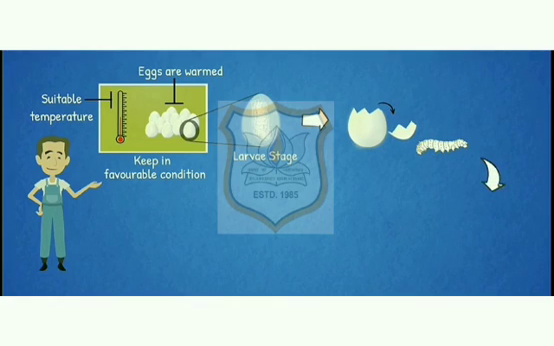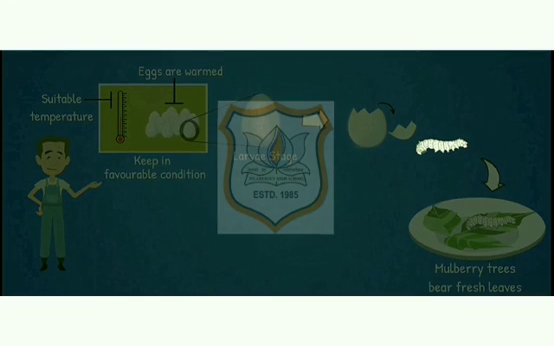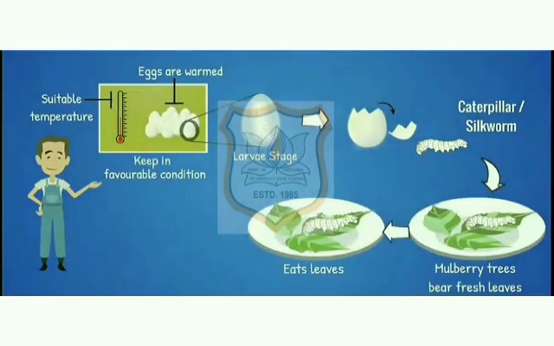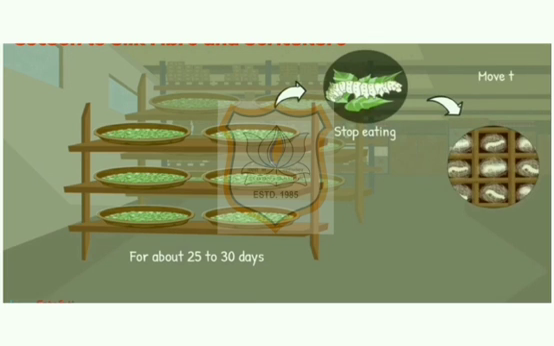This is done when mulberry trees bear a fresh crop of leaves. The larvae, called caterpillars or silkworms, eat day and night and increase in size. The larvae are kept in clean bamboo trays along with freshly chopped mulberry leaves. After 25 to 30 days, the caterpillars stop eating and move to a small chamber of bamboo in the tray